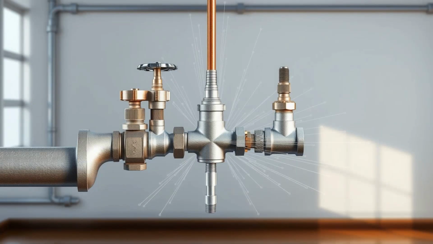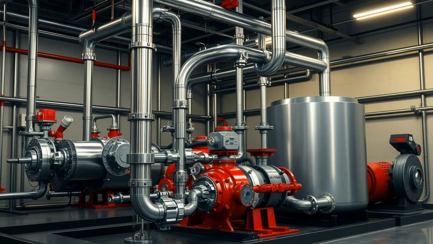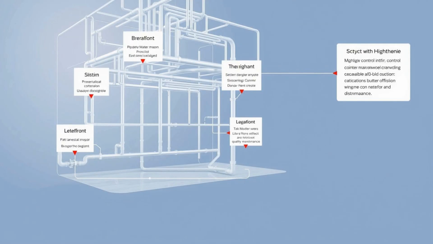Now let's look at the anatomy of a sprinkler system. At its core, a sprinkler system consists of a water source, a network of pipes, control valves, alarm systems, and the sprinkler heads themselves. The water source could be a municipal supply or an on-site fire water tank connected to fire pumps that maintain the pressure needed for distribution. The piping network distributes water from the source to various parts of the building, segmented into zones for better control